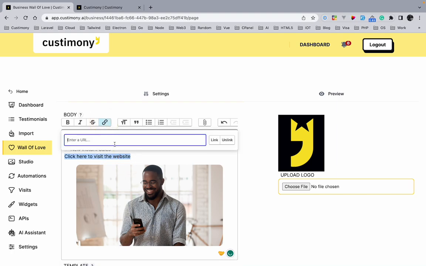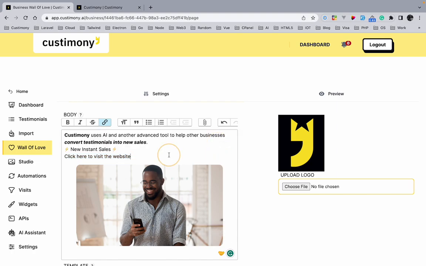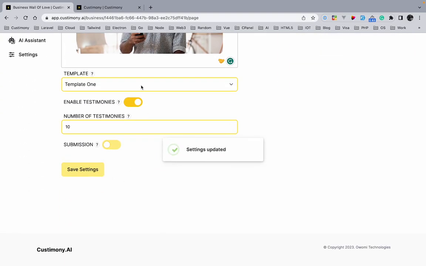I can also just select it, include the link, and then, okay, I think I need to put the full URL. So I can just link it that way and even make it a click, so that when I save